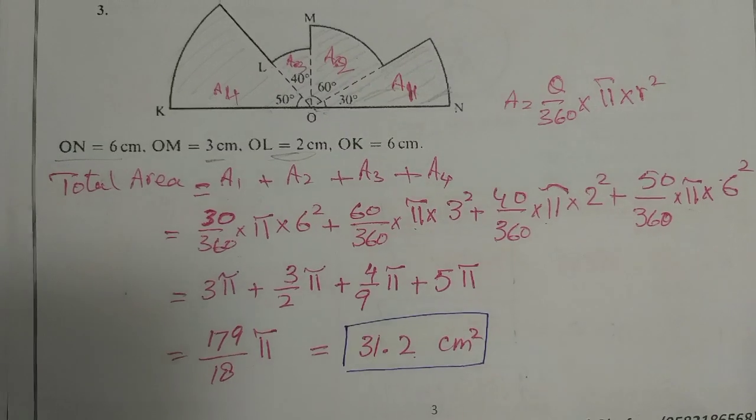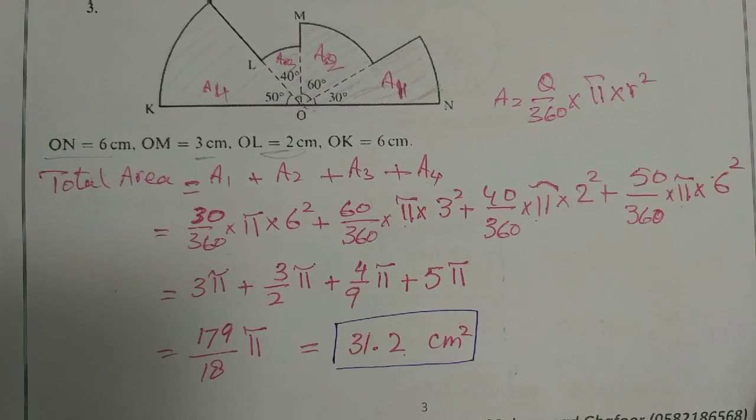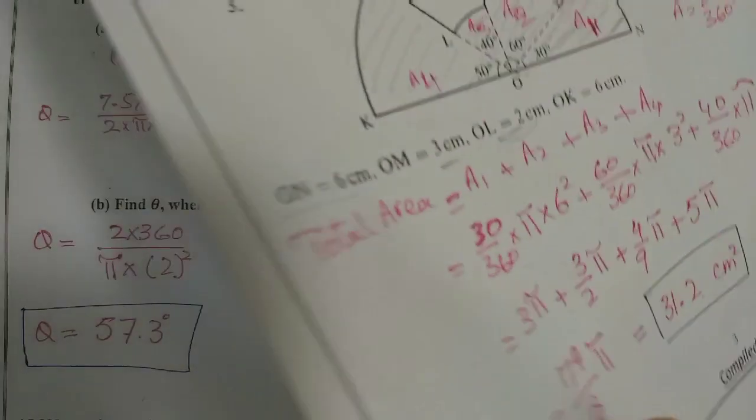Okay, so these are the question numbers we are given here: 1, 2 and 3. Next is question number